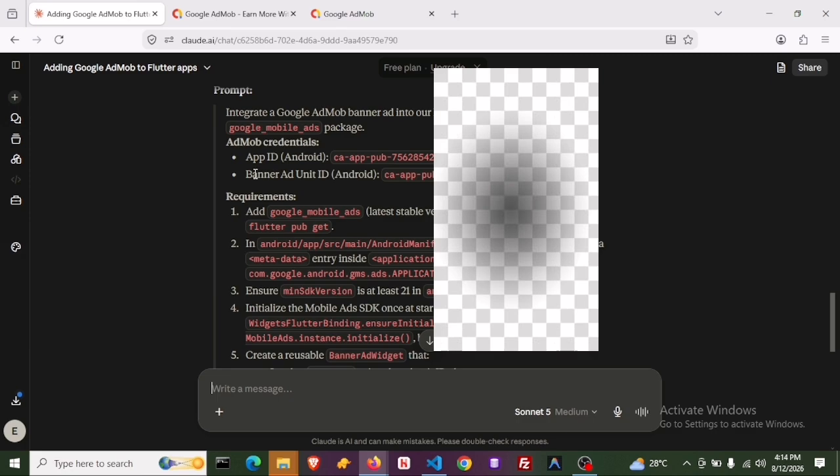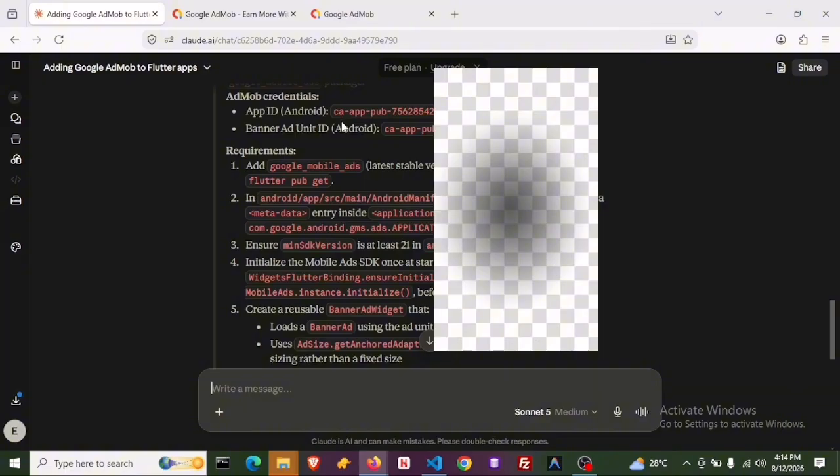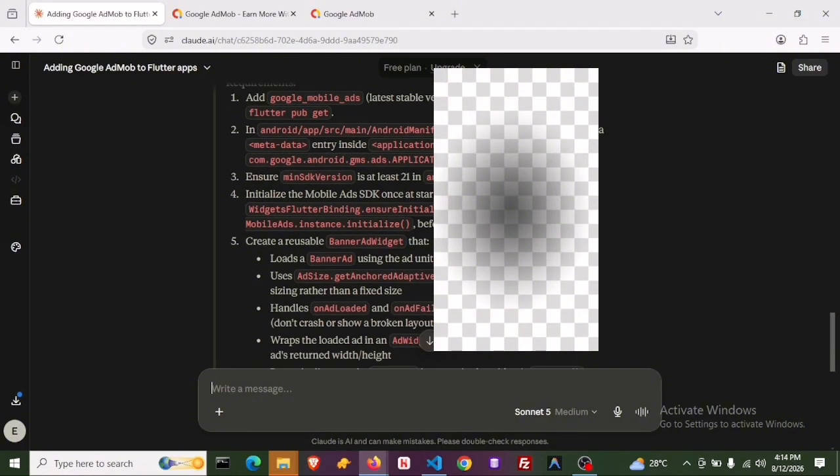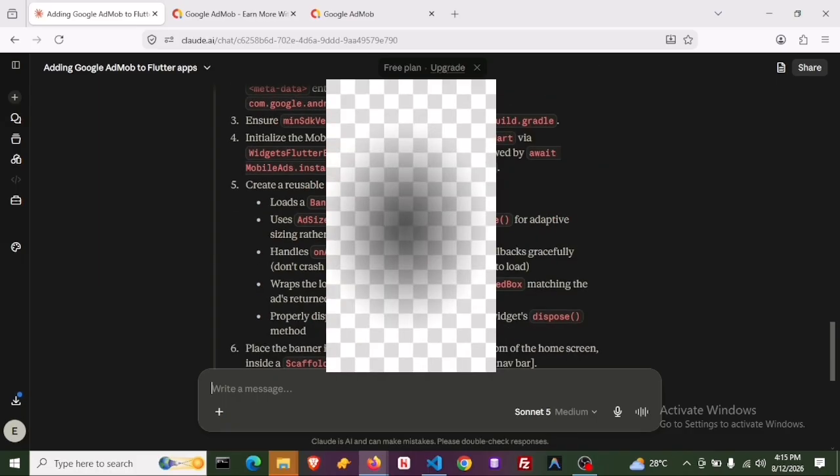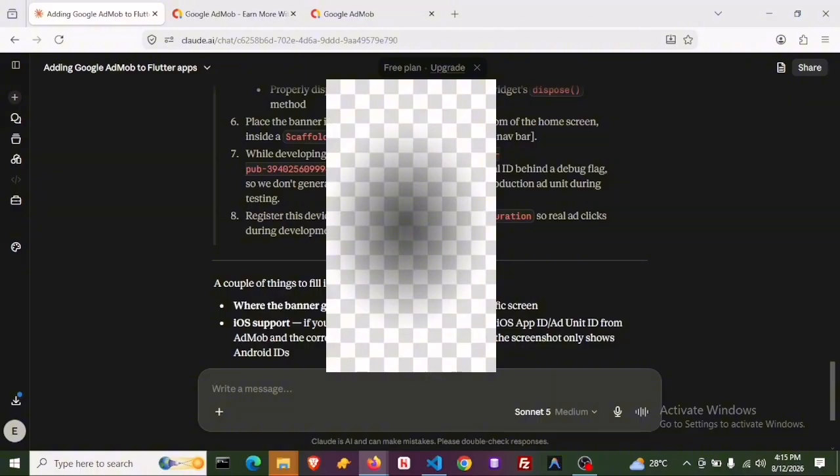And it said AdMob credentials. It includes the credentials, the app ID, the Android banner unit, and the requirements. It includes everything that is needed for the banner to actually work,